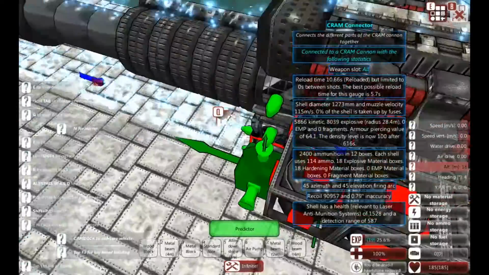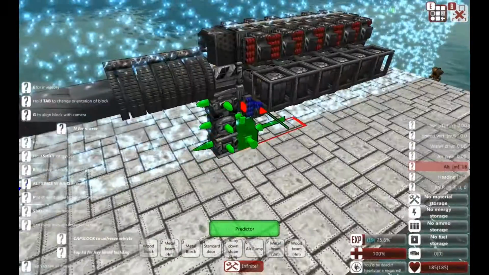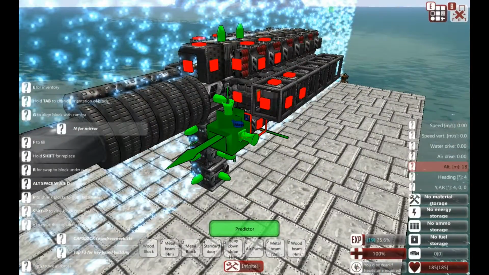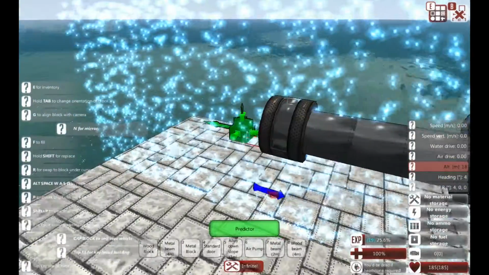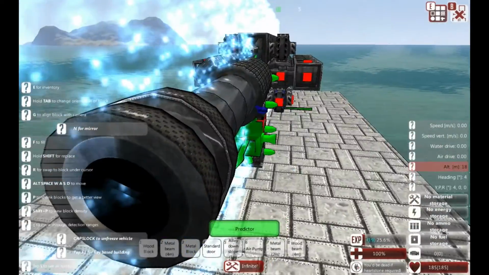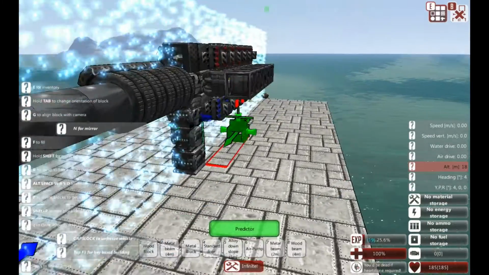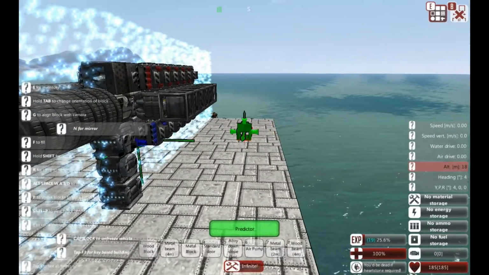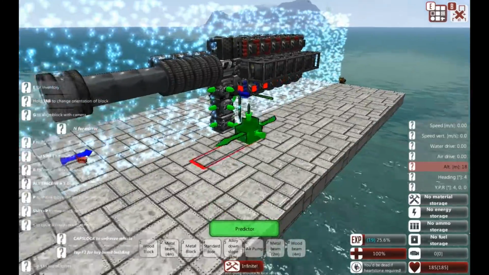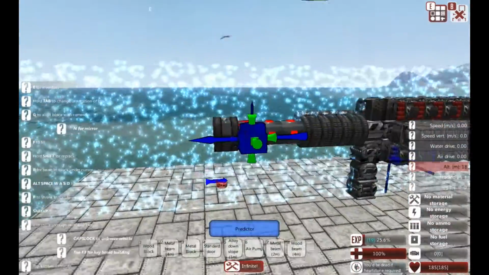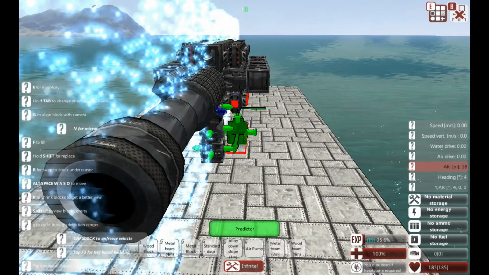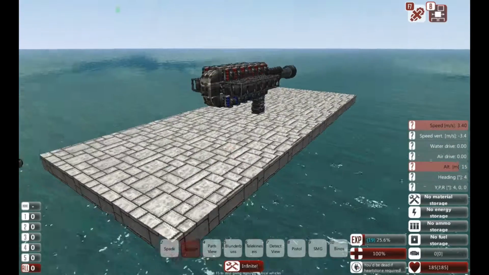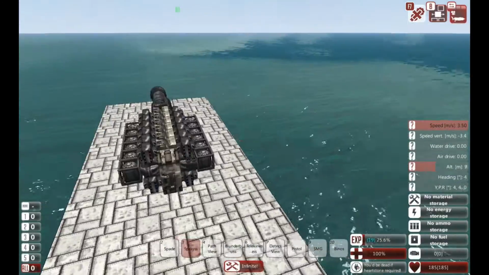So I stick that on top of the gun. The reason I'm doing this as close to the gun as possible is so that you can see the prediction arc directly above this gun. If you put it miles out to the side, the prediction arc would be from that point miles out to the side, not from the gun barrel itself. I know what you want to do. You want to watch it fire. So